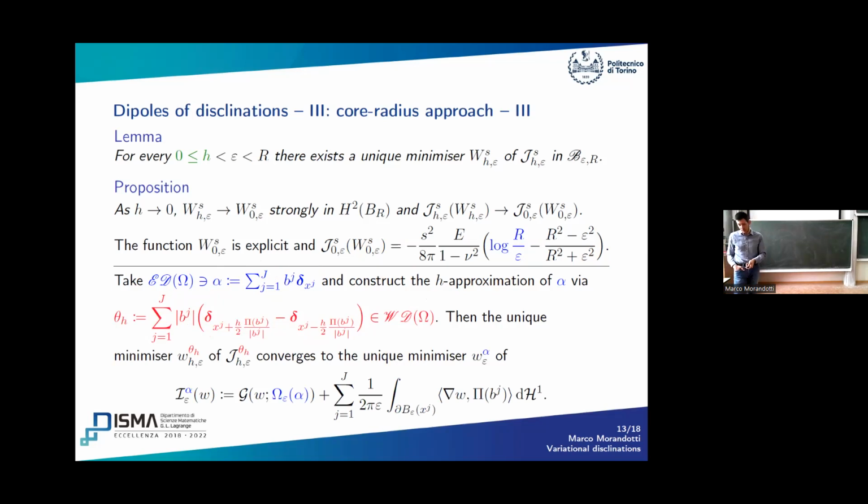So we take omega epsilon. Actually, it's not a punctured domain. It's kind of a Swiss cheese type of domain. So omega epsilon alpha is omega minus disks of radius epsilon centered at each of the points of the support of the measure alpha. And these disks must be taken in such a way that they do not overlap and they do not overlap with the boundary. If the dislocations are far apart, this is possible to do.